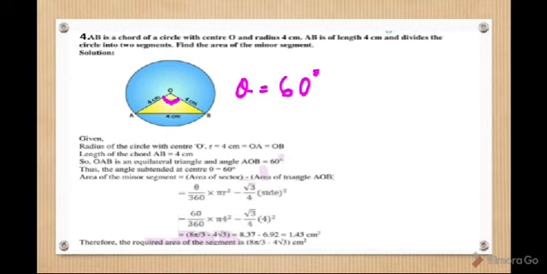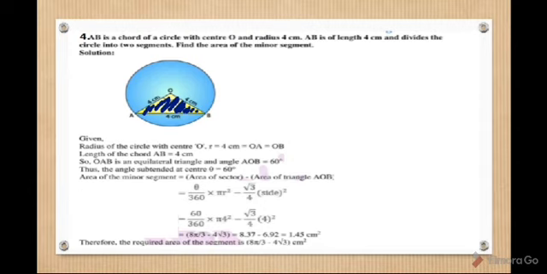Okay. Now since this value of theta is 60 degree, you can find the area of minor sector, that is the area of sector OAPB. Suppose this one P. Using the formula of area of sector, you can find the area of minor sector. Similarly, you can find the area of this triangle, this equilateral triangle. What is the formula for area of equilateral triangle? It is root 3 by 4 into side square.